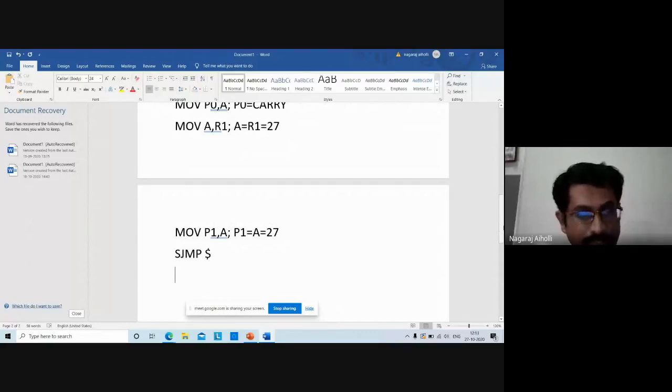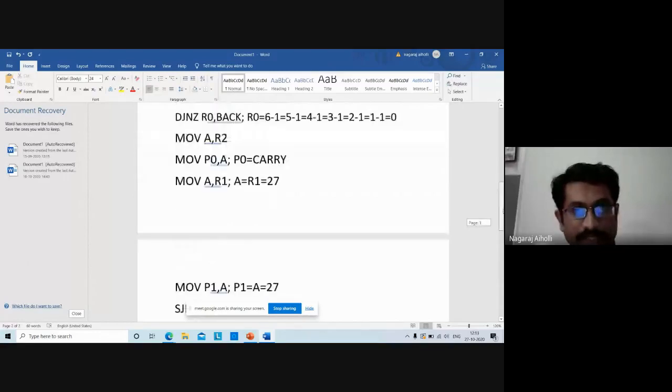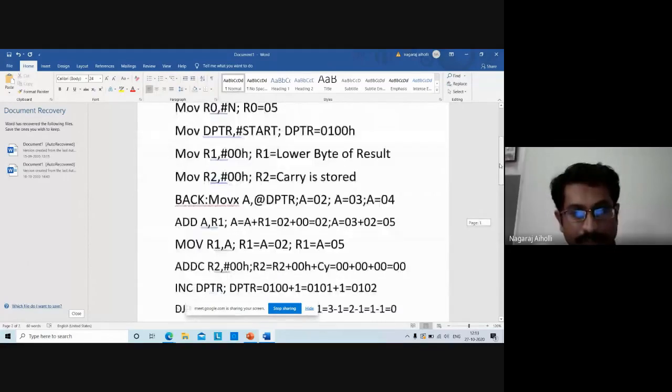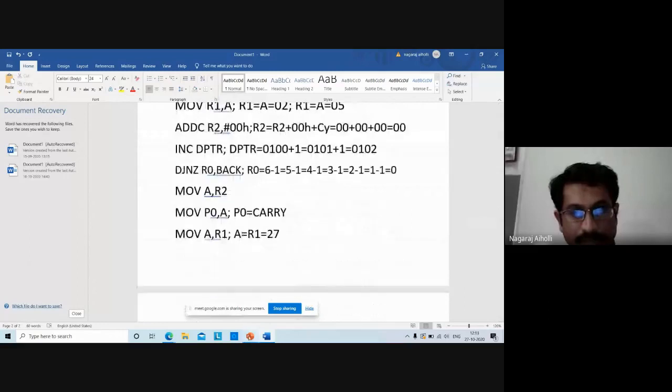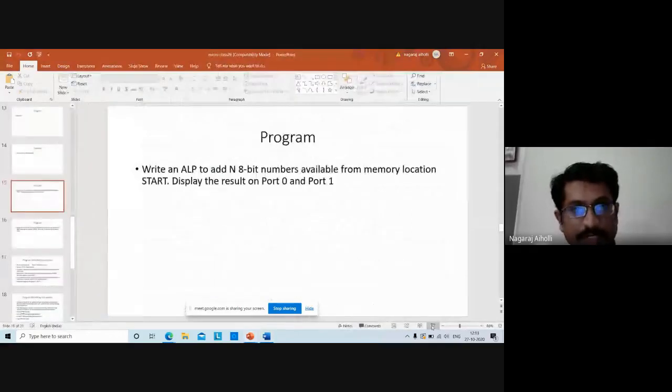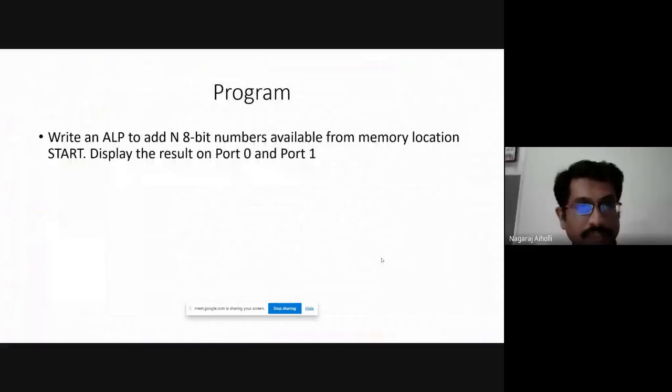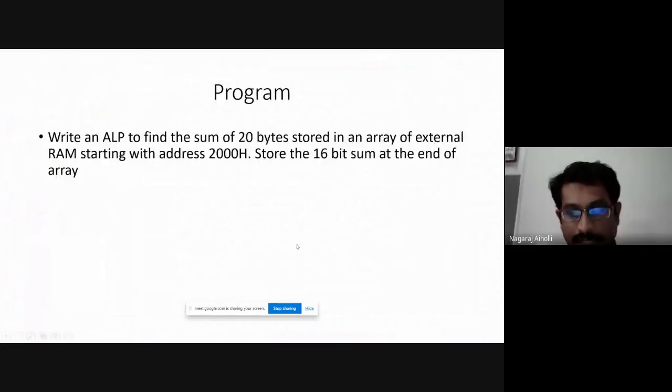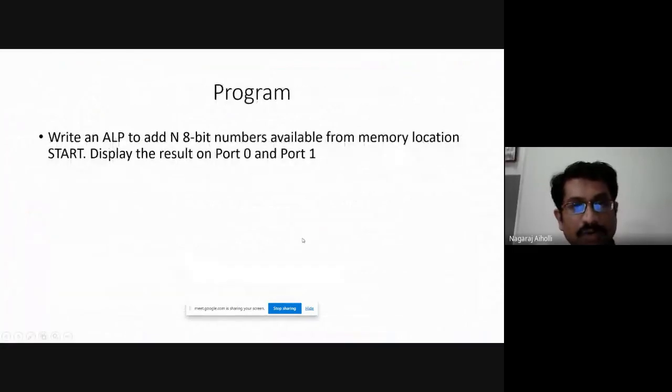Then finally execute the END instruction that will end the program. So this is how we execute this program. The program is to add n 8-bit numbers available from memory location start and display the answer on port 0 and port 1.